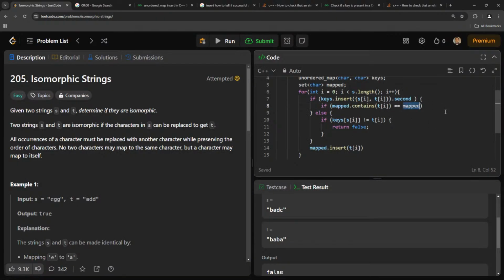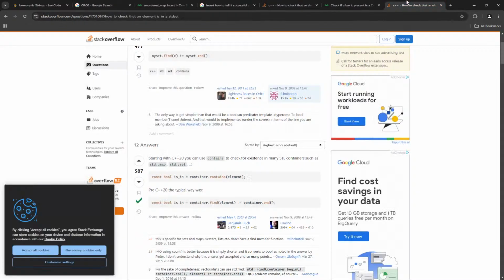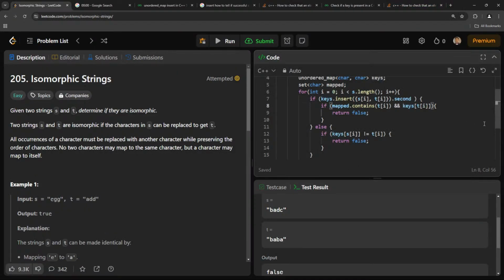Not contains. Okay, so if it contains this B, dot find keys dot